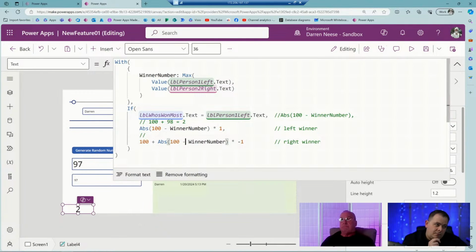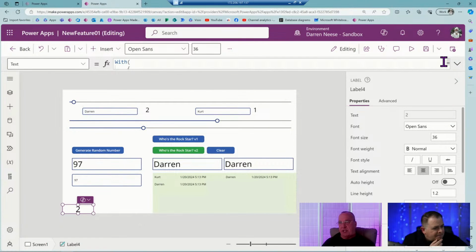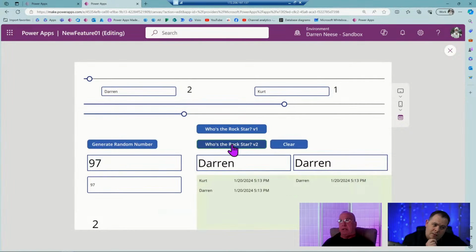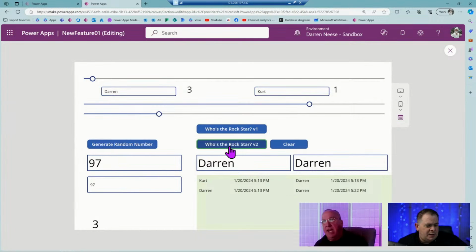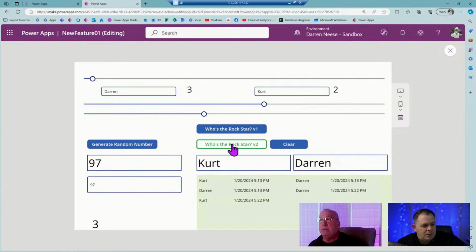Let's go. Let's run this. Well, that's always going to give us the winning number, right? It should. It should never be a 198 or anything like that. Okay. So I have 3 votes. You have 1. And we're looking at the top slider, right? Yeah. See, okay, that's 3. That's offset from 3. That's perfect. Now let's keep running here. Let's get to where Kurt's winning. Because Kurt needs to win.